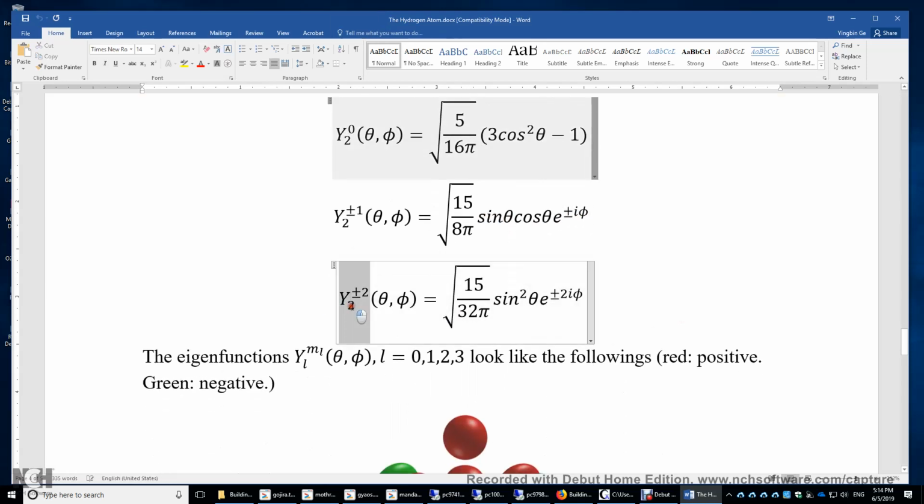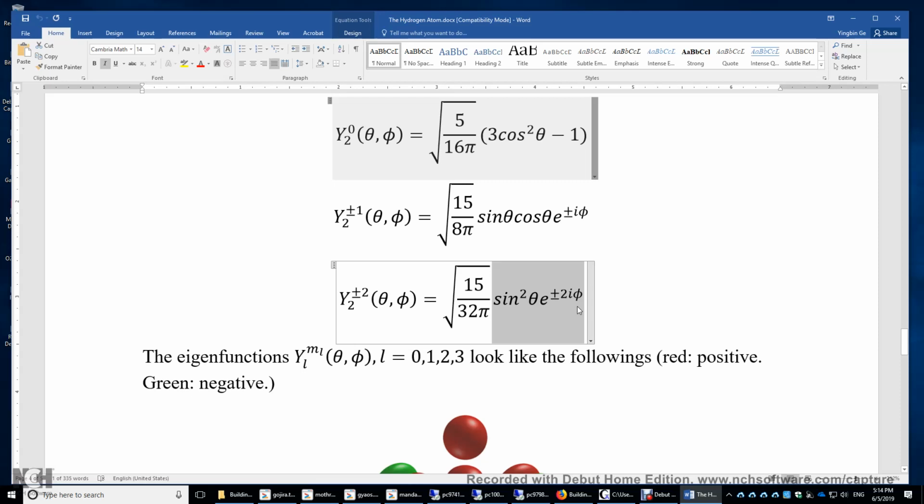Finally, when L equals 2, m sub L can also be ±2. And we have this sine theta squared times cosine 2 phi plus minus sine 2 phi. And this part is a linear combination of, again, cosine 2 phi and sine 2 phi. Cosine 2 phi is simply x squared minus y squared over r squared, and sine 2 phi is simply 2 times xy over r squared. So really, this part will give you